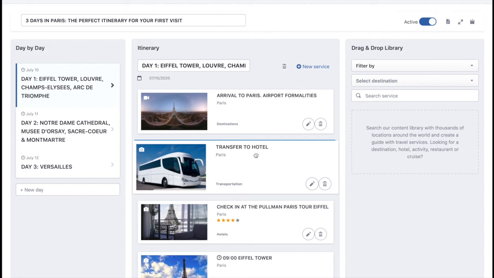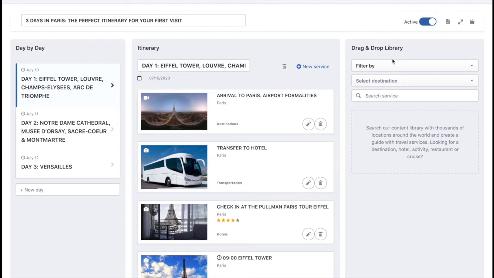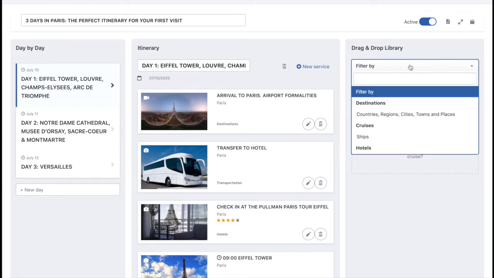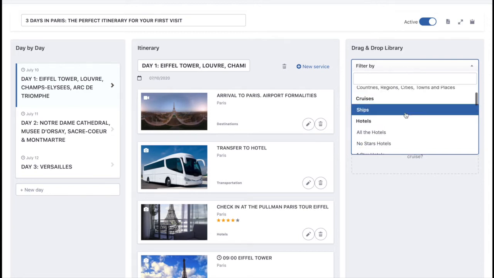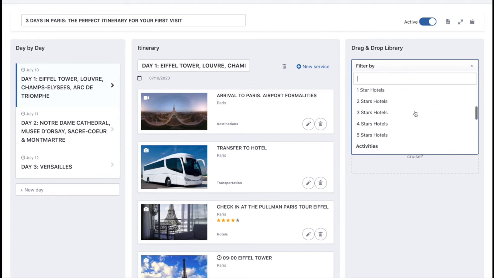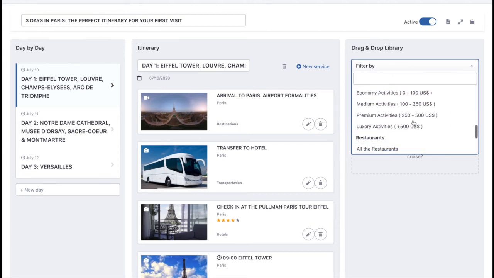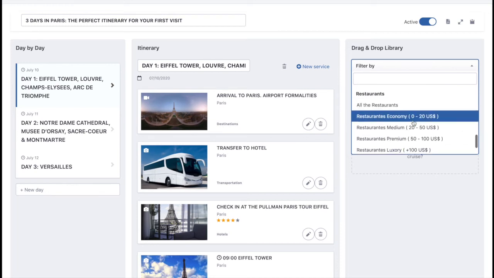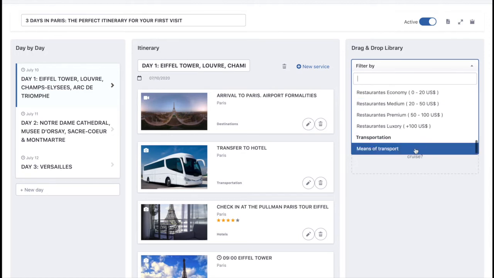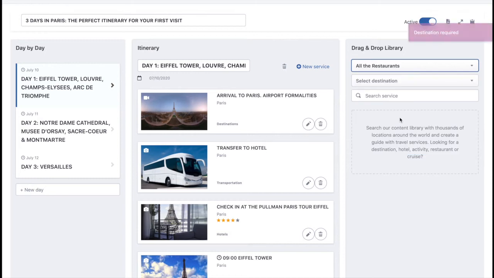It's very simple, and I suggest you use and abuse the drag and drop library. Click on filter by, and you have here several options available. I will go through all of them. You have the destinations, you have the ships, you have the hotels, you have the activities, and I have the restaurants. And you can filter if it's more expensive, less expensive, and then you have here means of transportation. Let's click on restaurants,